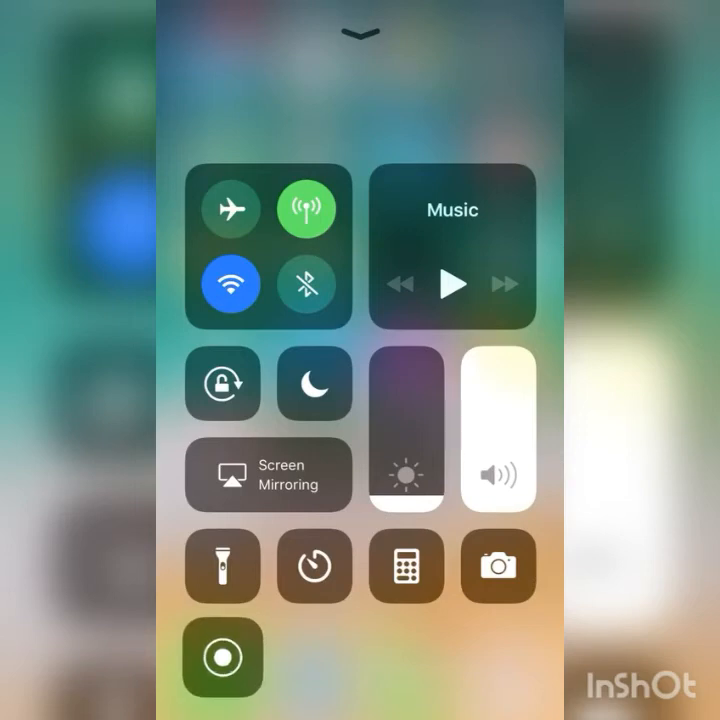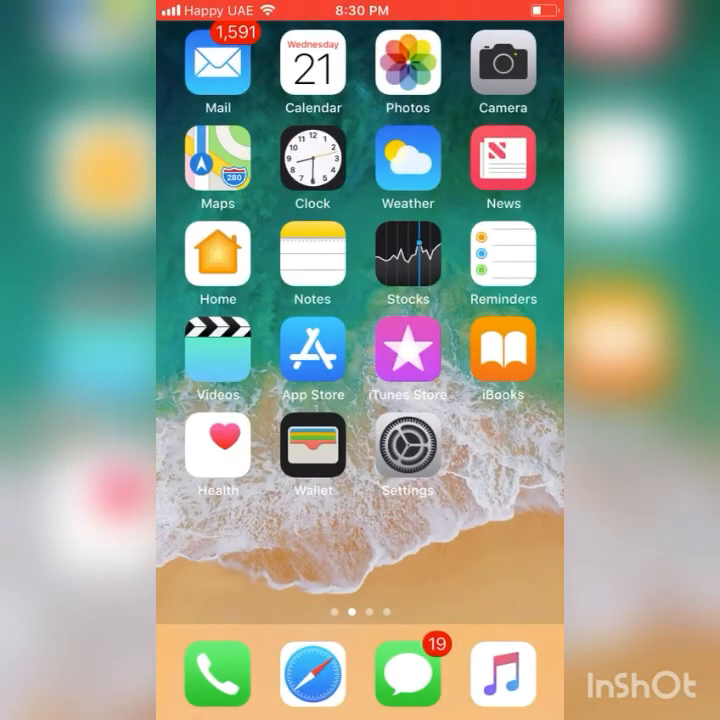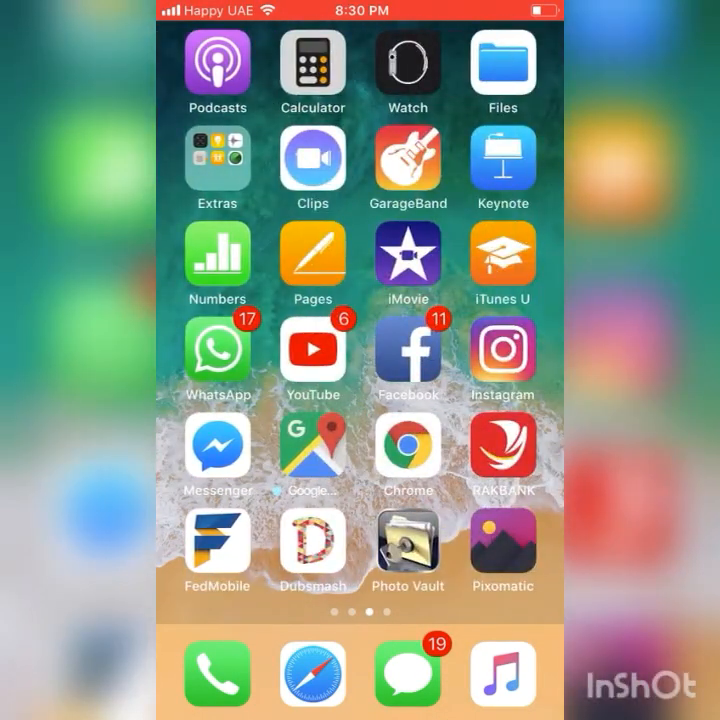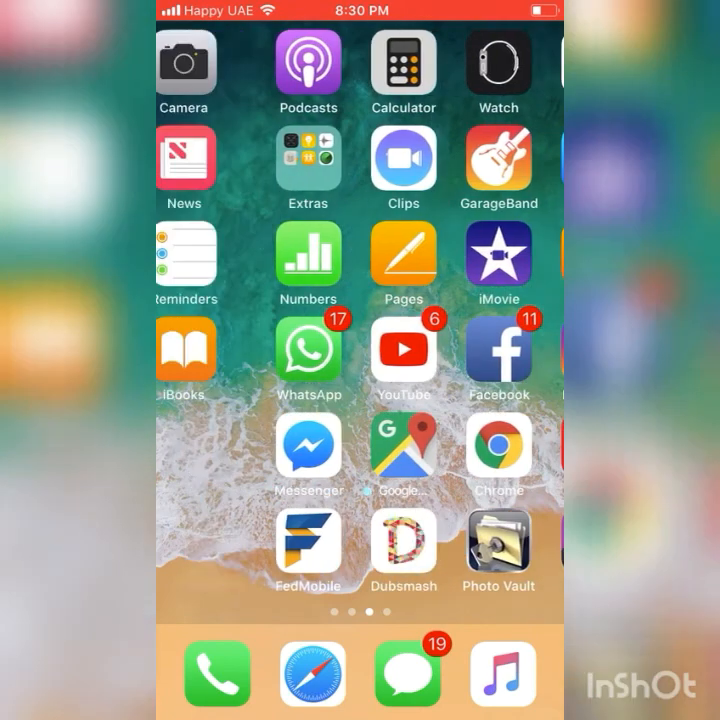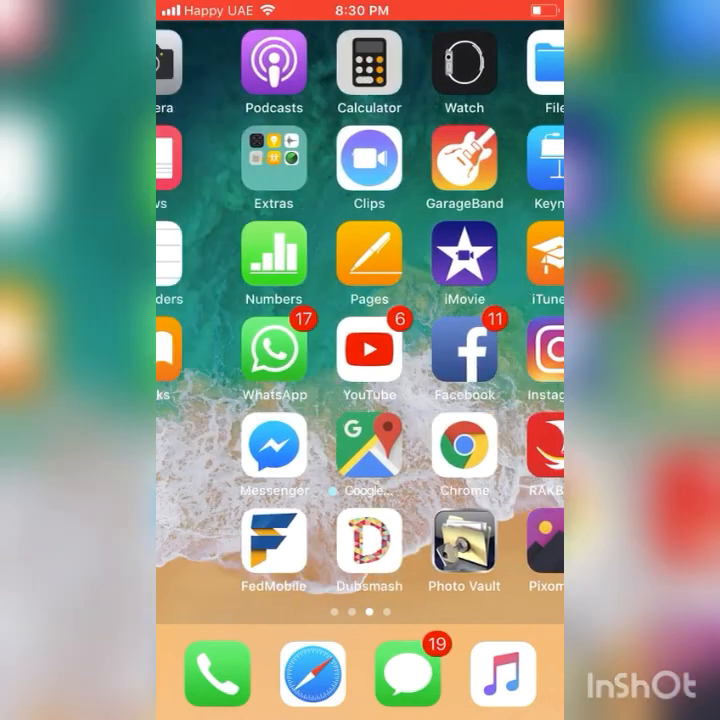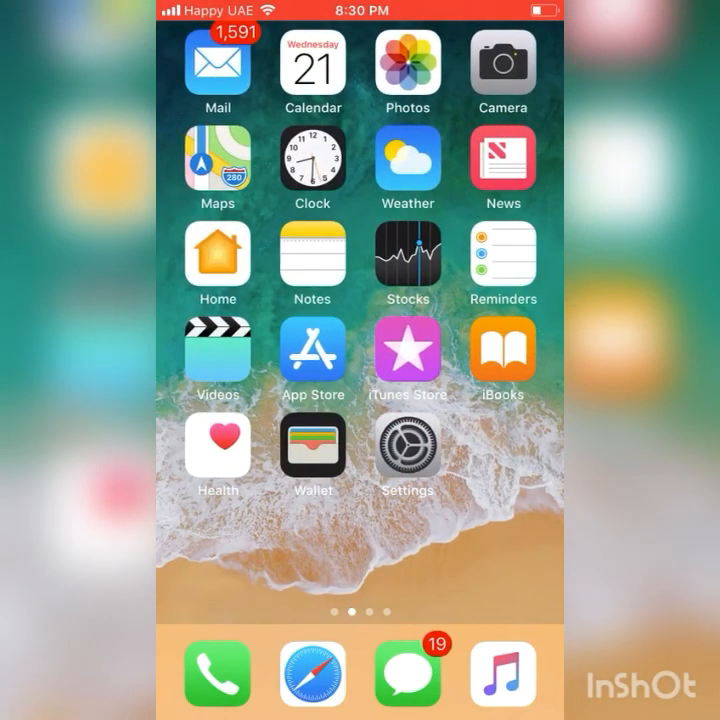Now you can see the record button on the bottom side of your iPhone like here you are seeing right now, and click on that. It will count 1, 2, 3, start. Now it's recording your screen. Whatever you are doing on your screen it will record in your gallery, and once you are done you can stop recording by